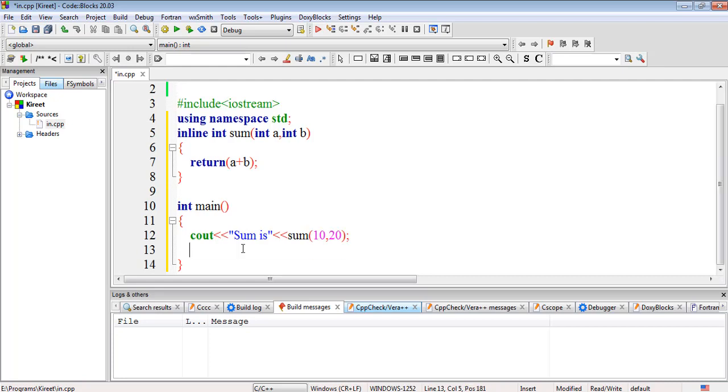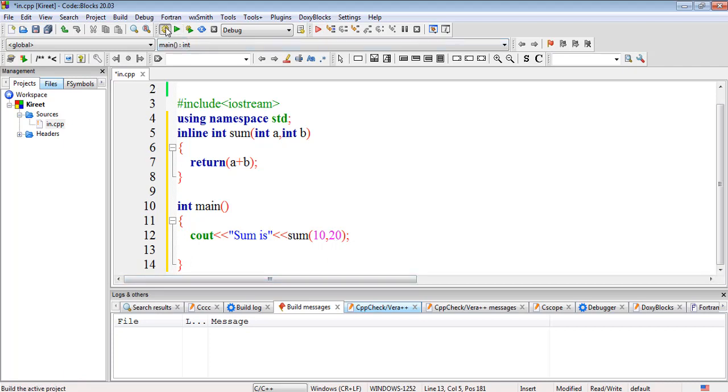So this is it. So when the compiler will see during compilation that this function we have made it inline, it will just replace the function call with the function body. So this return a plus b, this a plus b will be replaced in this function call and the sum will be printed.